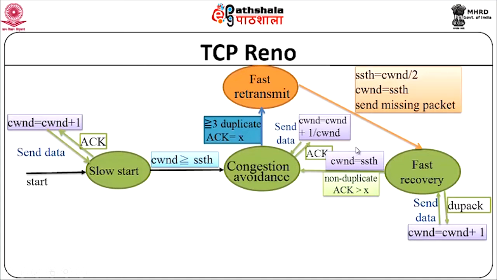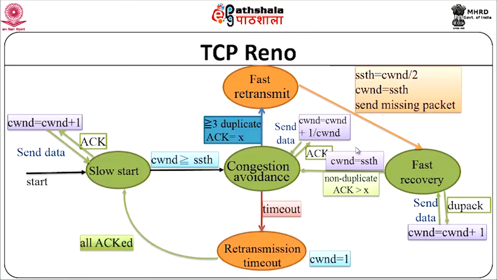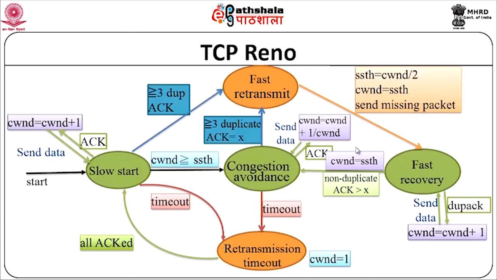In addition to this, of course, if a timeout occurs in whichever phase you are, whether in slow start or congestion avoidance, you will move into the retransmission timeout phase and then go back to slow start once all the packets have been acknowledged. Similarly, from slow start, if you get 3 duplicate ACKs, you will also move into fast retransmit. But the way out of fast retransmit is always into fast recovery and then back into congestion avoidance. This is what you can look at as the overall state diagram